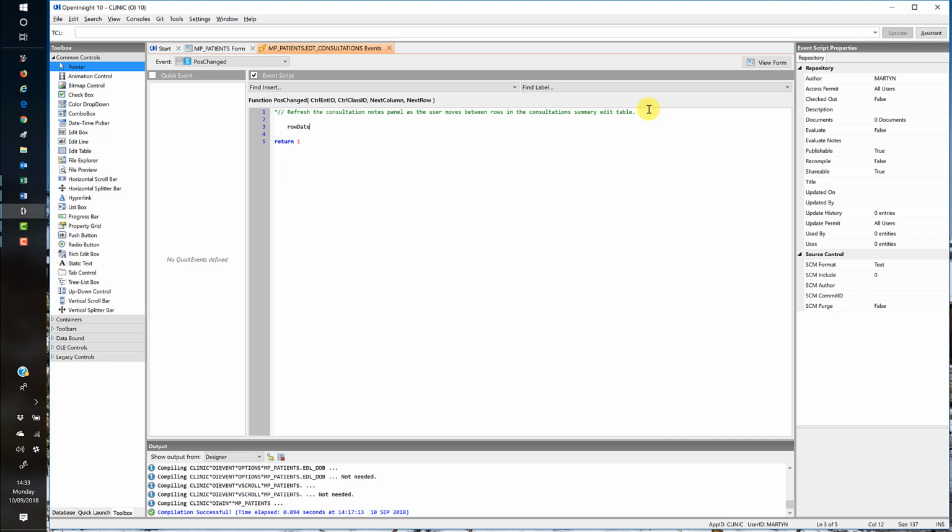Then we'll have row data, which is going to equal get property, and this needs to be at window. And we're going to get the property from the edit table, which is edt underscore consultations. Remember that you can flick across to the form and copy and paste if you need to, and we're going to grab row data, and then we'll have a note key, and that is going to be row data 1,